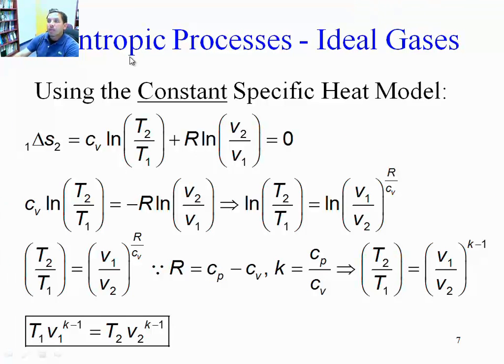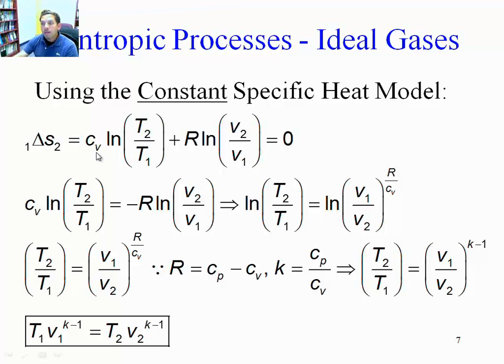Furthermore, how about when the process is isentropic? How about when a process is adiabatic and reversible? We know that when the process is adiabatic, no Q, and also reversible, there is no change in entropy. So if there is no change in entropy, I'm going to take the first TdS equation, the one that says Cv log of T2 over T1 plus R log of V2 over V1, and I'm going to make it 0, because I am asking: what happens when the entropy doesn't change? How do I relate temperature and volume, for example, in processes where the entropy doesn't change?